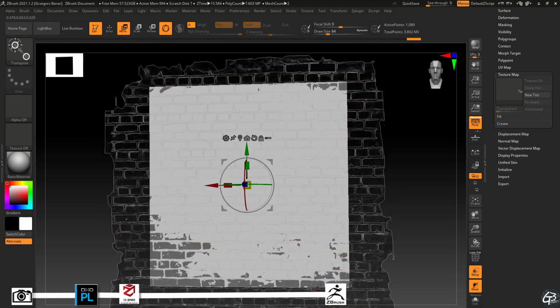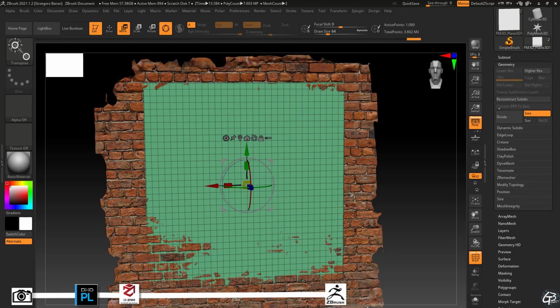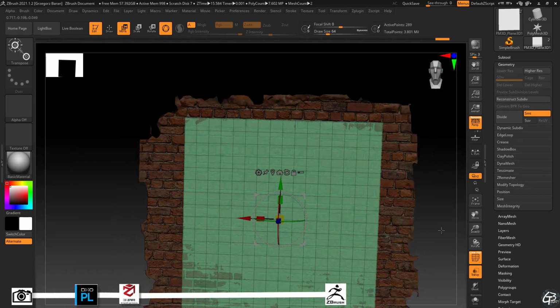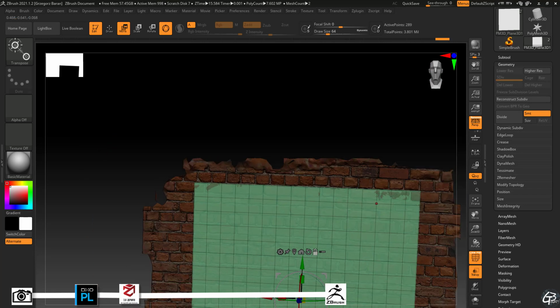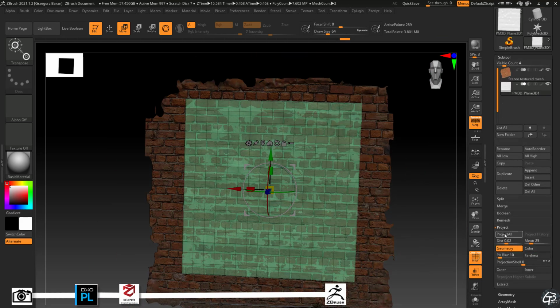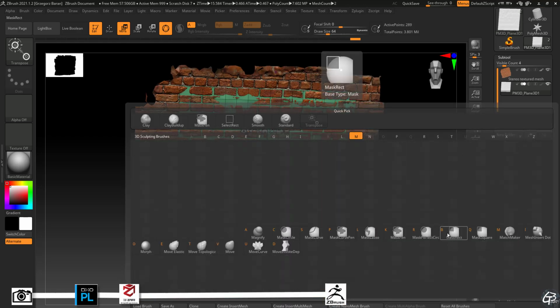Next, we should decrease the plane density a bit, so it won't fall into gaps when we align it with the projection tool. Let's project the plane over a high poly version. This way we shouldn't get a cross-surface gradient on a height map later. I'm not happy with a few spots, but we can fix them manually using the Move brush.